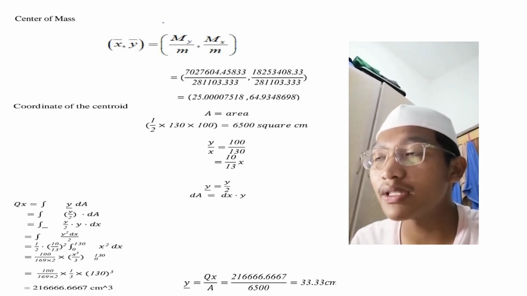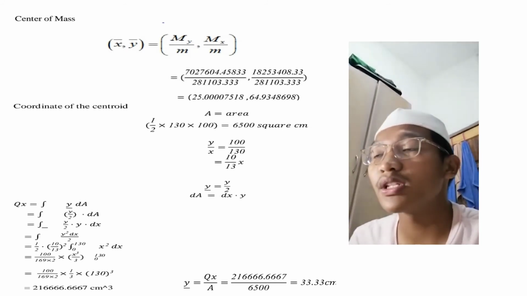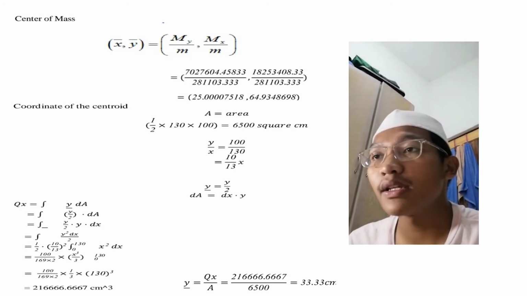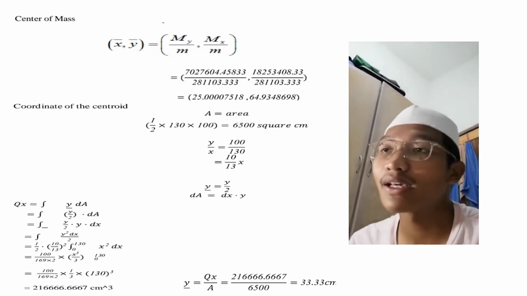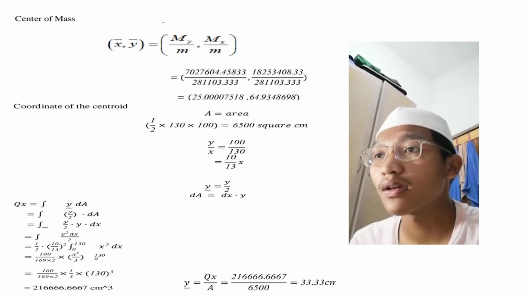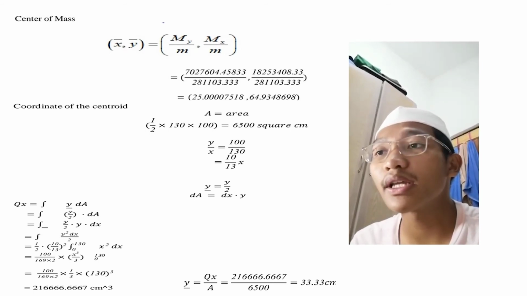This y means we need to differentiate it. Okay, and then to find the Qx, we need to integrate y dA, and you solve it by yourself, and then you will get the